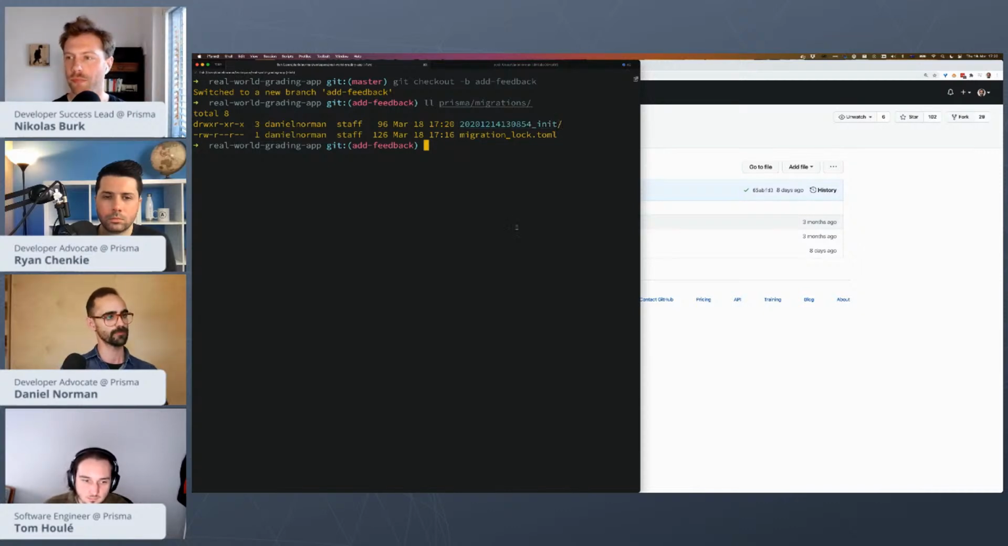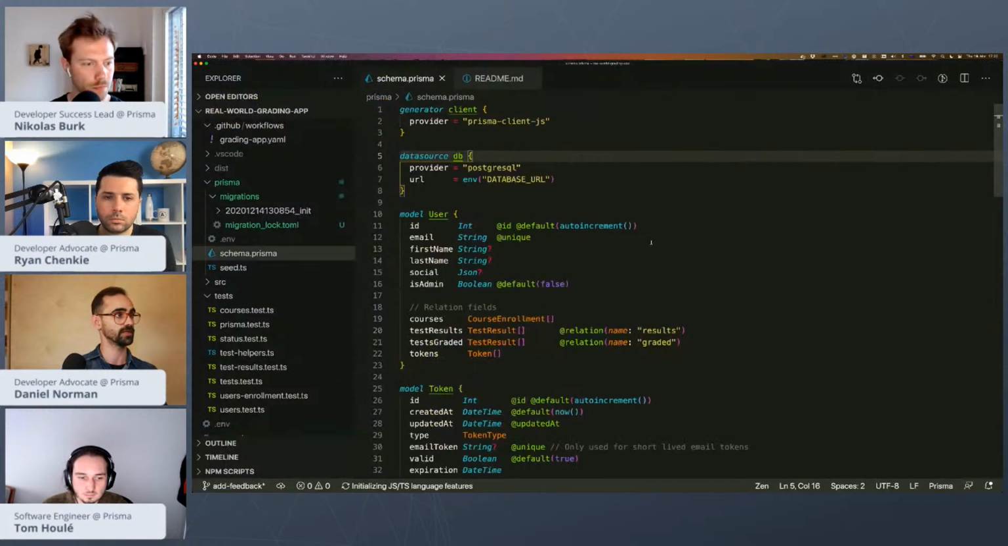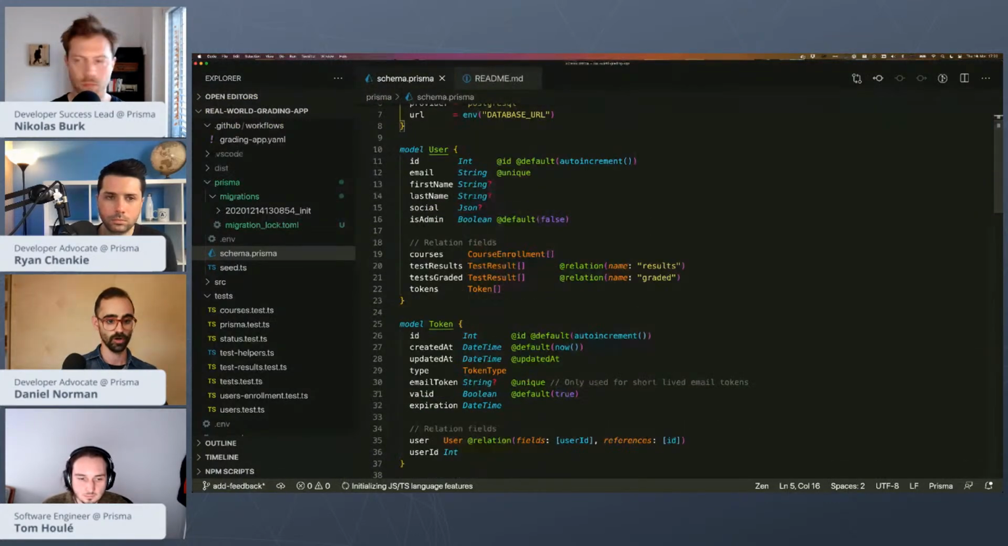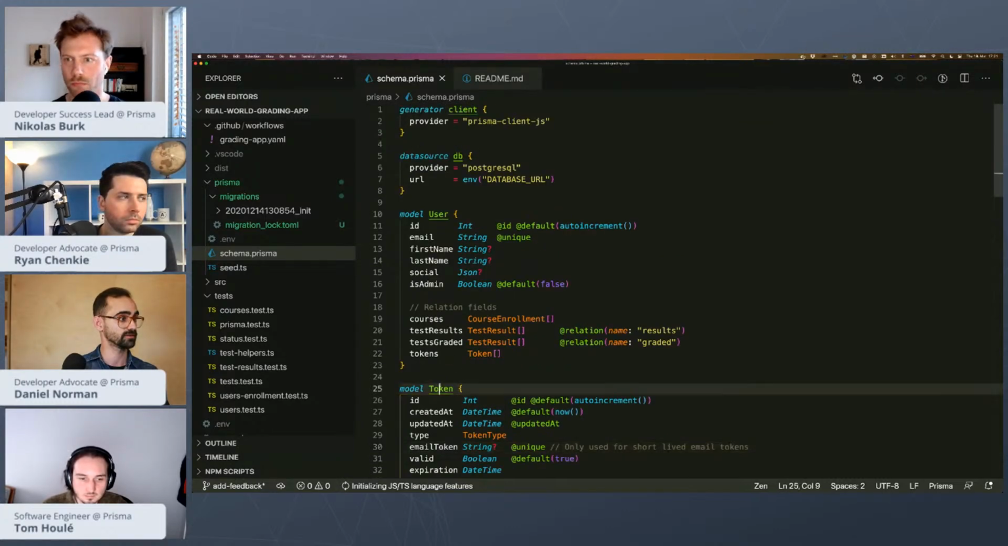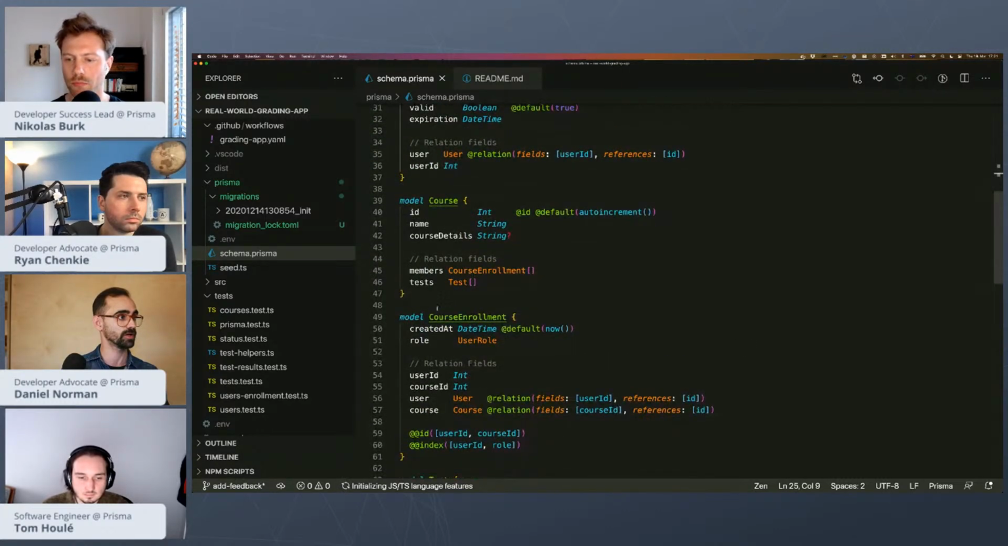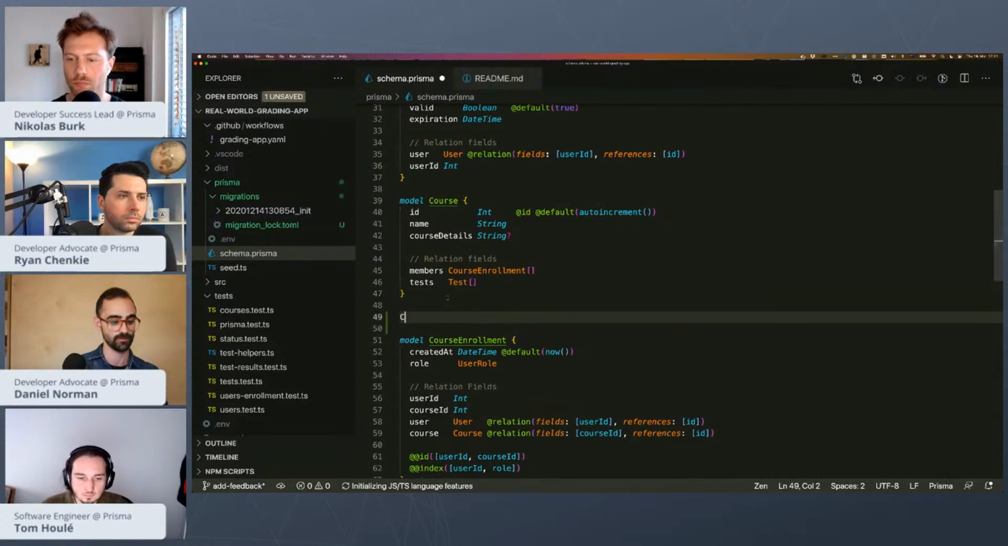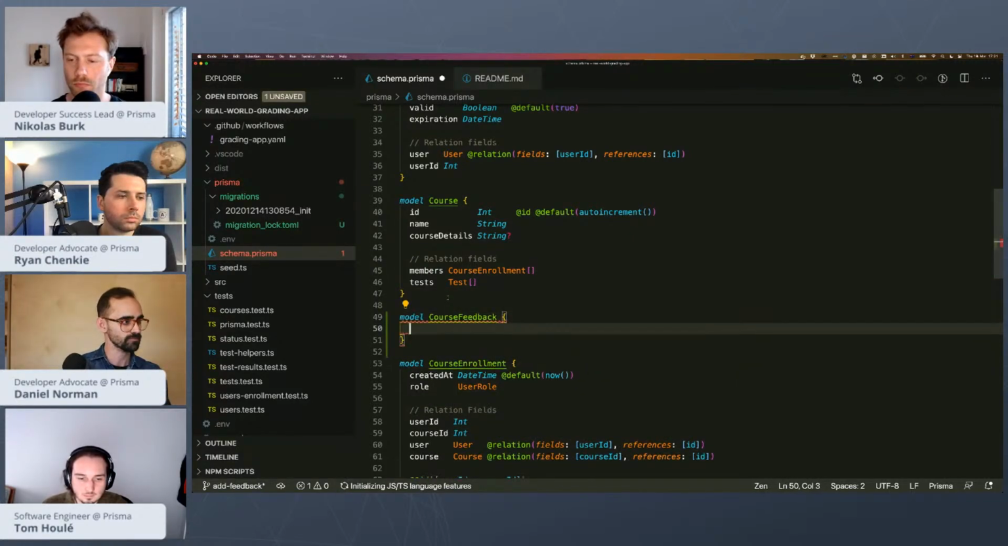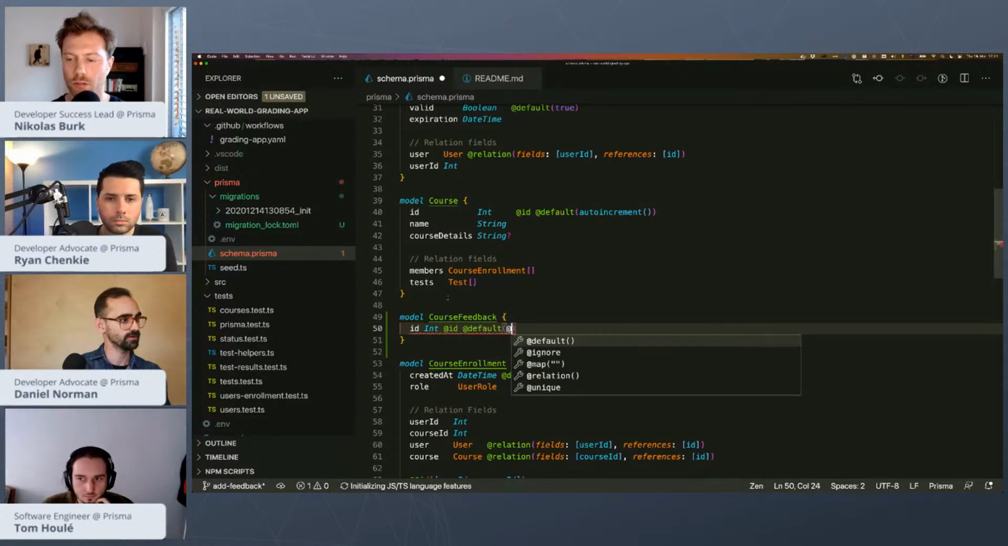And the first thing that I'm going to do is open up the Prisma schema, and actually add a new model to this schema. This new model is going to be called CourseFeedback. So model CourseFeedback, and it's going to have an ID field, which is auto incremented,